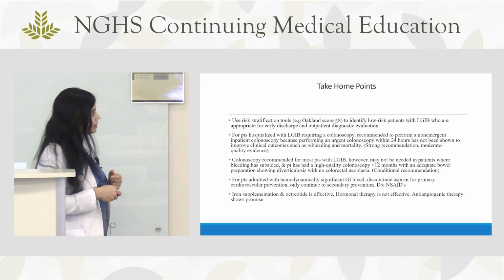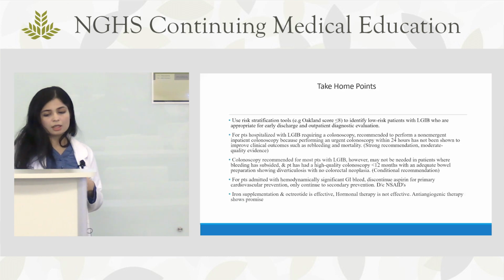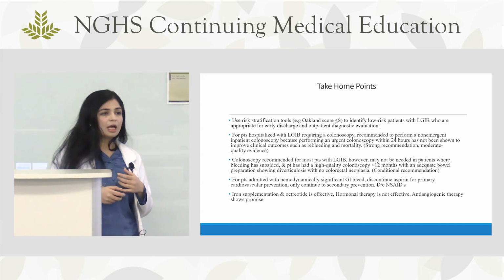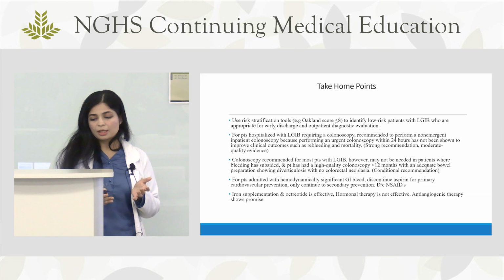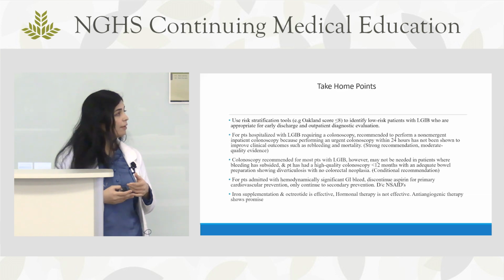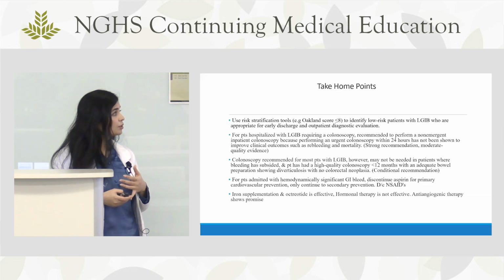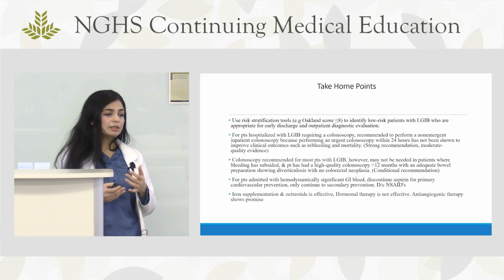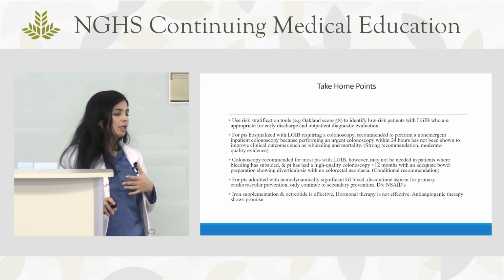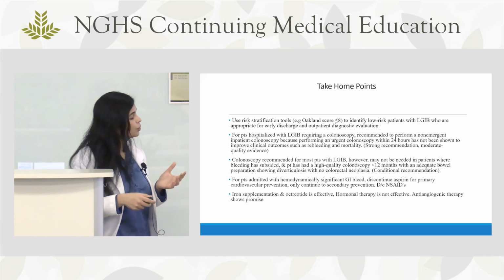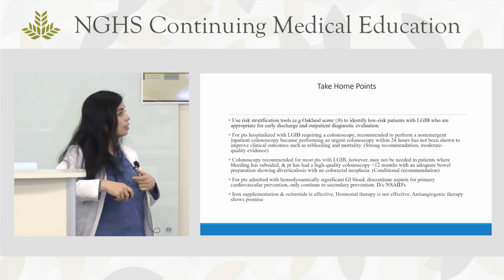So the take-home points, as I said: use of risk stratification tools. I know we use these scores for a lot of other things, but yes, do consider them when you're having a patient with lower GI bleed. The Oakland score, the ACG said in their presentation too that they still want a lot more data to be implementing this on a national level,